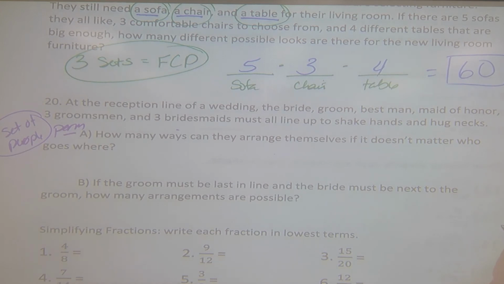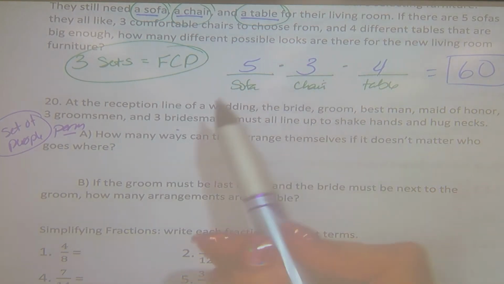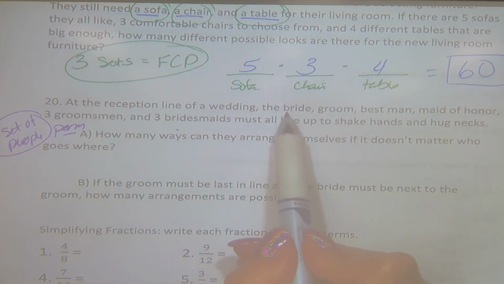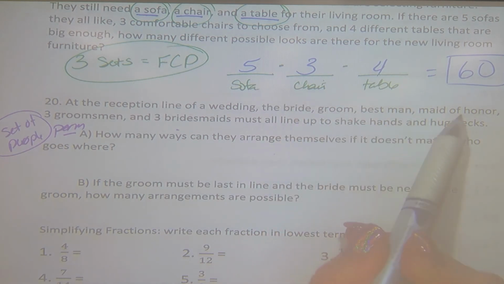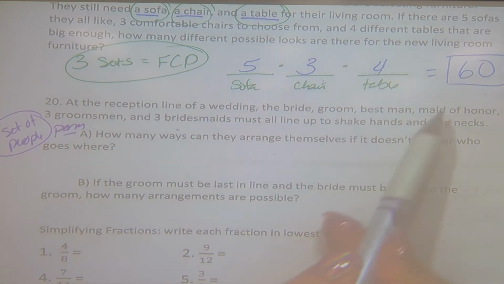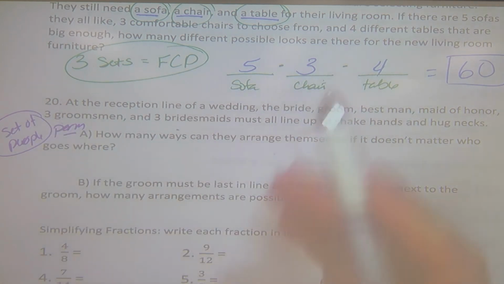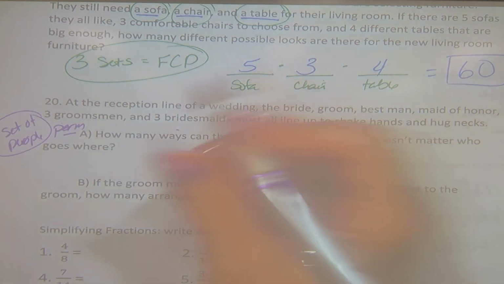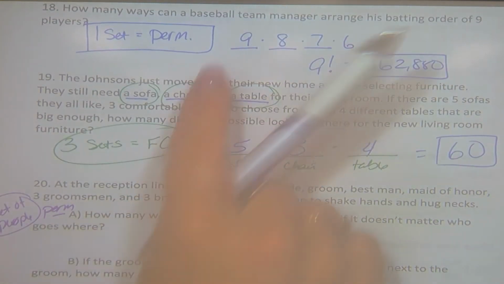So now we need to see, okay, how many different ways can they line up? Well, we've got, let's count, a bride, a groom, a best man, a maid of honor. 1, 2, 3, 4. Then we've got 3 groomsmen, so 4 plus 3 is 7, plus 3 more bridesmaids means 10 people. So just like my baseball batting order,